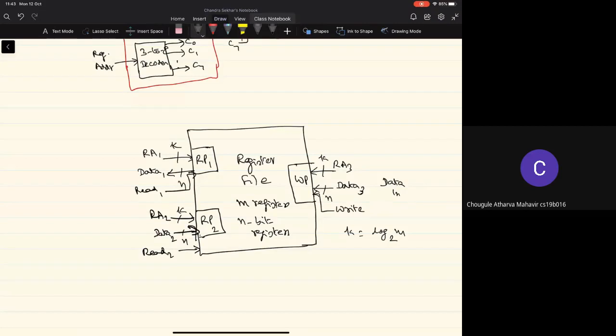The typical structure of the register file used in processors nowadays is either 32 registers or even 64 registers, and n will be either 32 bits or 64 bits, depending on whether it is a 32-bit processor or a 64-bit processor. The number of read ports will typically be 2, and the number of write ports is 1. Sometimes you may have processors with register files with even more read ports.